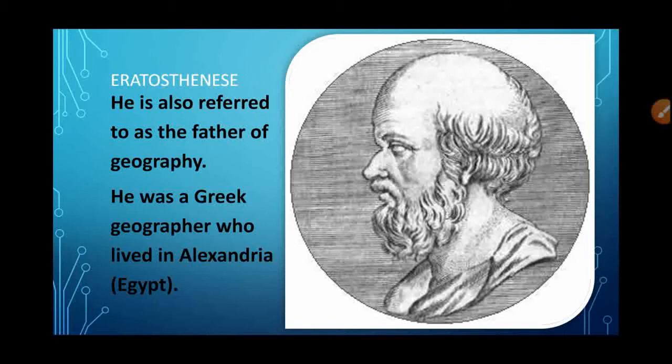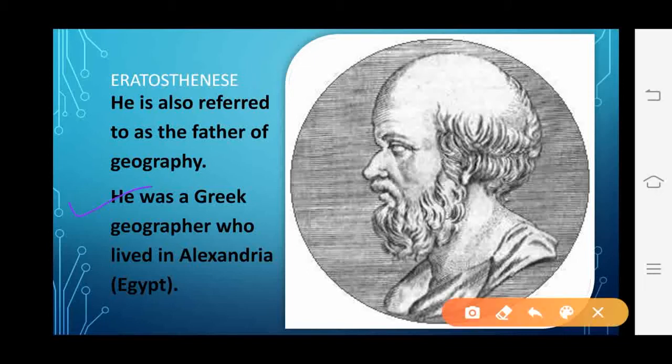Besides that, इनका geography subject, geography discipline में बहुत ज़्यादा contribution है. इन्होंने बहुत सारा चीज़ discover किया, add किया geography के field में. इन्होंने अर्थ का सर्कमफरेंस मेजर किया है. Okay, he has developed mathematical drawing of latitudes and longitudes. That's why he's referred to as the father of geography. Now besides, he was a Greek scholar who lived in Alexandria, that is Egypt. Okay, so this was just a small intro of the person who coined the term geography.